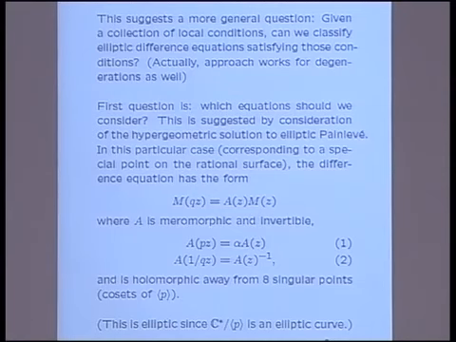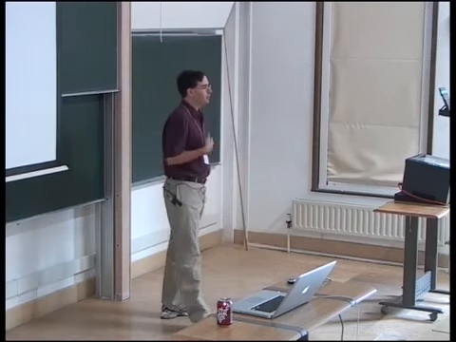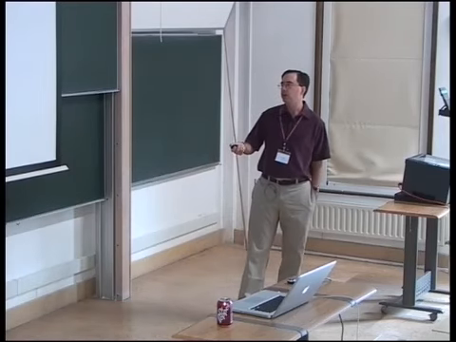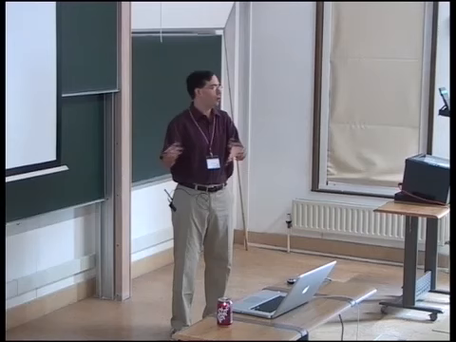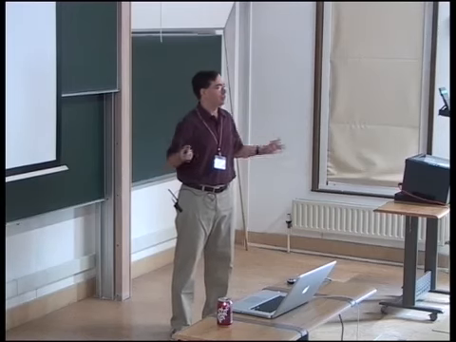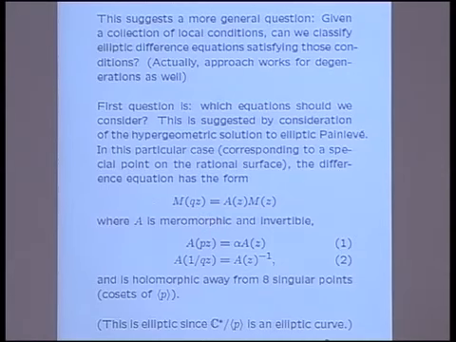Okay, so now the first question one has to think about is, what kinds of elliptic difference equations are we going to actually get? I mean, there's the generic thing where I like my elliptic curves to be multiplicative, so I take the multiplicative group of C mod some rank 1 subgroup generated by p inside the unit circle. Of course, if you pull that back through e to the 2 pi i, that gives you the usual form of an elliptic curve. One reason I like that is because it makes the difference equations look the same as at the usual q level, and so it makes certain limiting cases easier to think about.